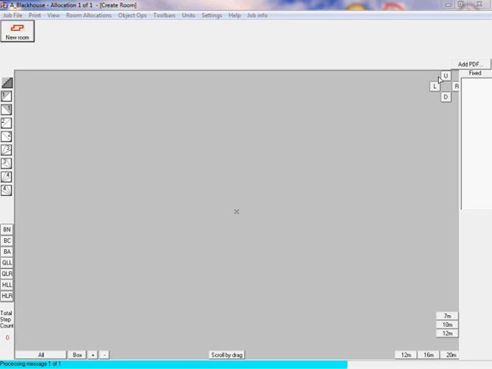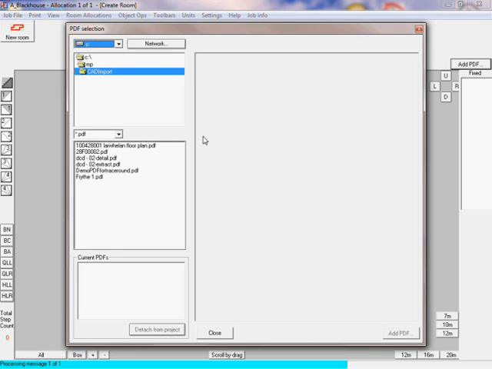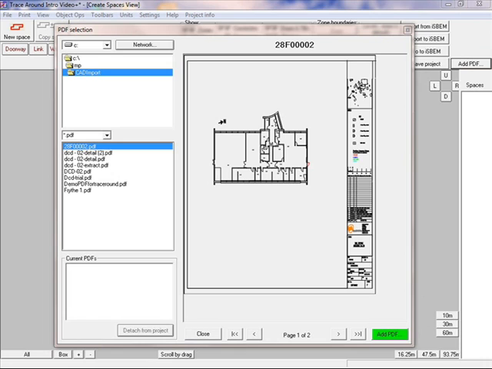First, we select our plan. Click on Add PDF on the toolbar. The selection panel then shows all PDF plans that we have in the CAD import folder. We select the PDF plan we want. We are going to select